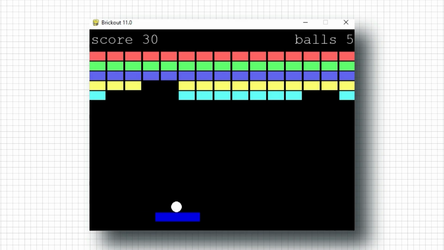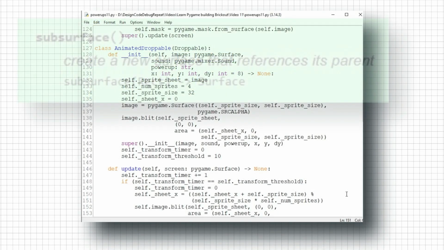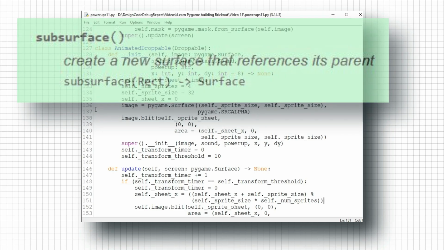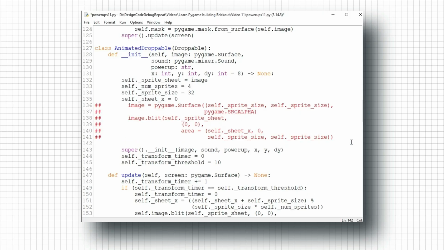Now let's look at another surface method that we can use with a sprite sheet. The subsurface method creates a new surface that references another surface. The two surfaces share pixels. To use this, I'm going to comment out the code in init where I create a new surface and blit, and I'm going to replace it with image equals